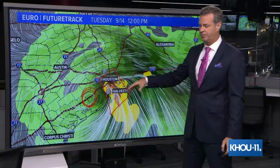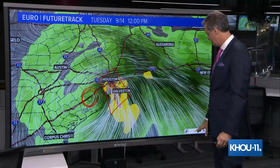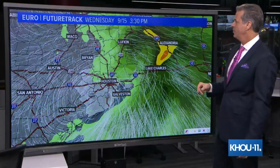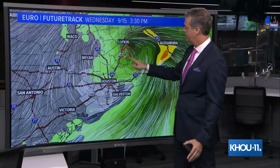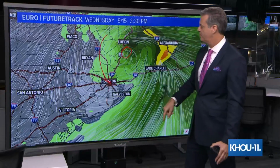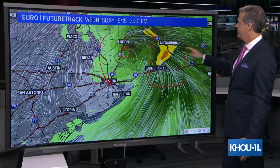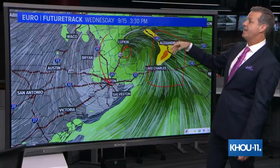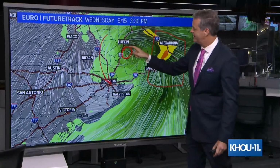You could see rainfall rates 3, 4, 5 inches per hour at times in some locations Monday, Tuesday. So that's Tuesday. Rain threat continues. It's not until Wednesday afternoon that our low moves to the northeast of Houston. So that will put Houston, Galveston on the dry side. The weak side of that rotation will dry out. But that does put Lake Charles, Lafayette, even central Louisiana, Alexandria. So it may be that Wednesday is Louisiana's very wet day as that surface low continues to show up on